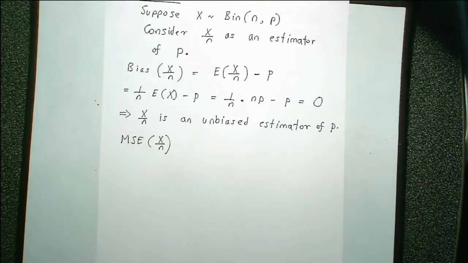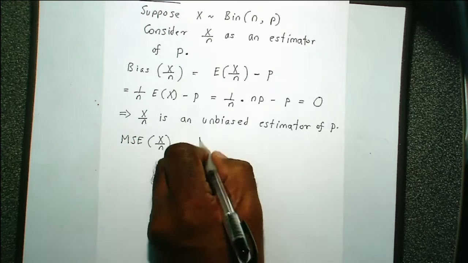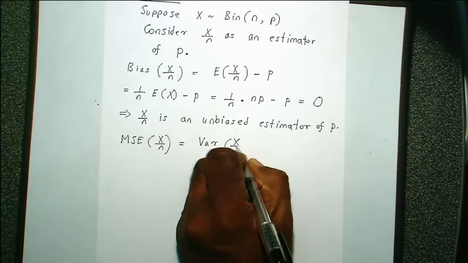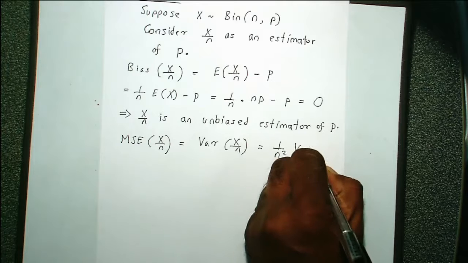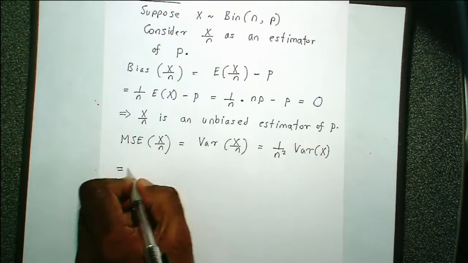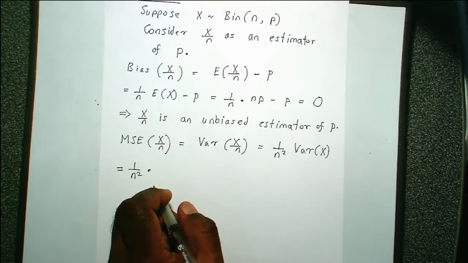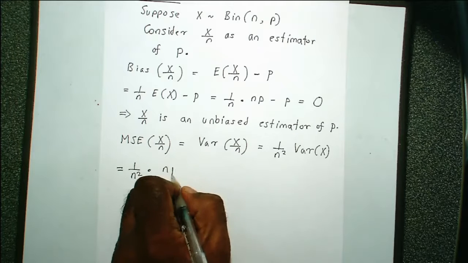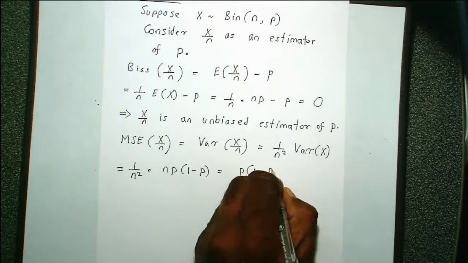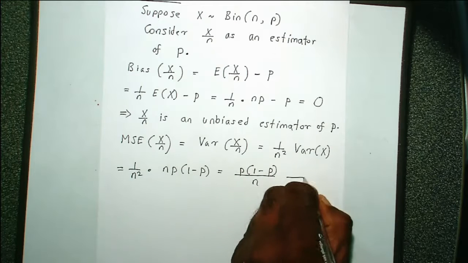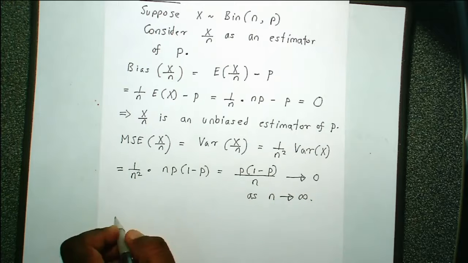Now, to find the MSE, because the bias is 0, this is the same as the variance of x over n. And this is 1 over n squared times the variance of x. The variance for a binomial, I'm sure all of you know, is np times 1 minus p. So this is p times 1 minus p divided by n, which approaches 0 as n approaches infinity. So hence,